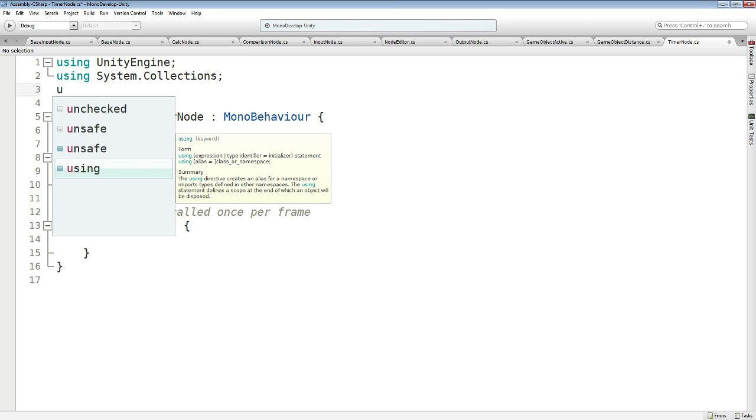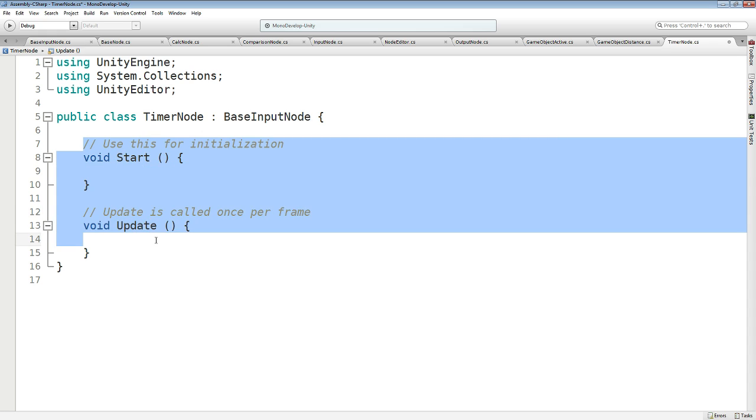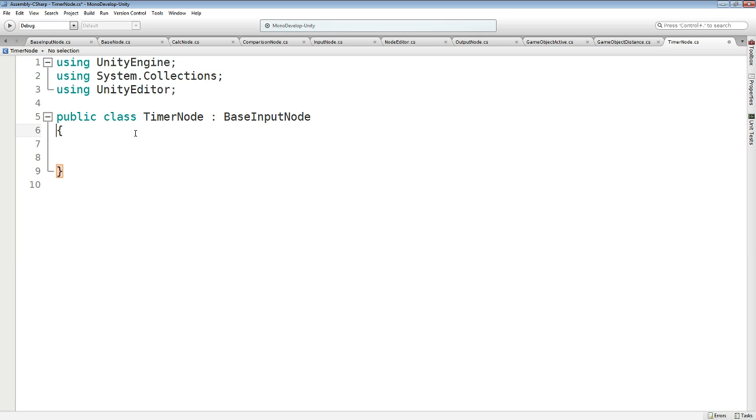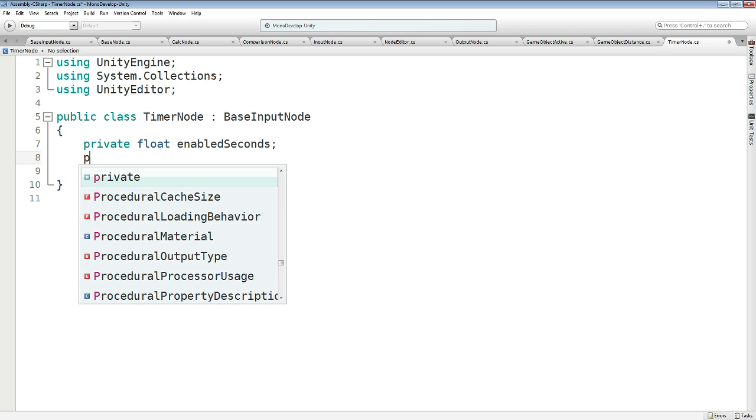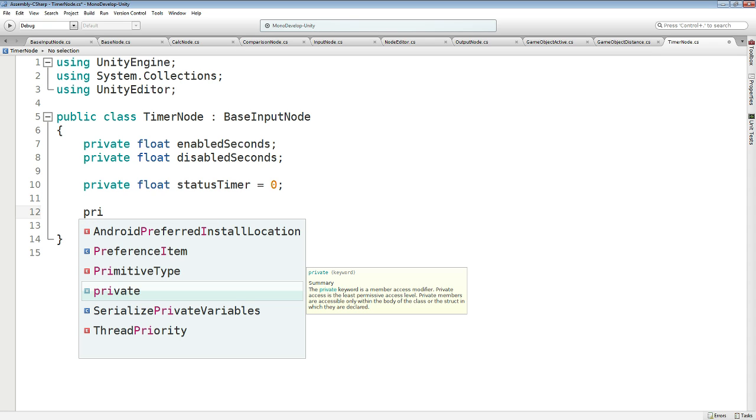Of course, we want to use Unity editor. It derives from base input node. We don't want this, and we want a float for how many seconds it's going to be enabled, for how many seconds it's going to be disabled. We want, of course, a timer,